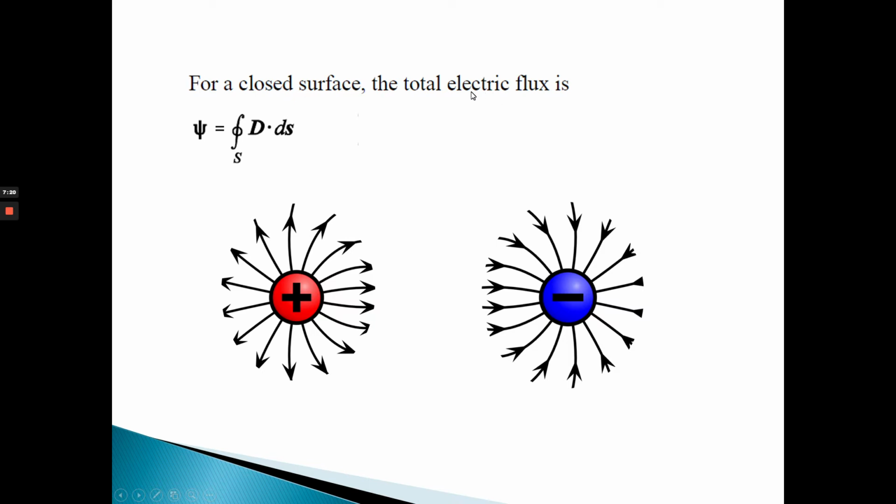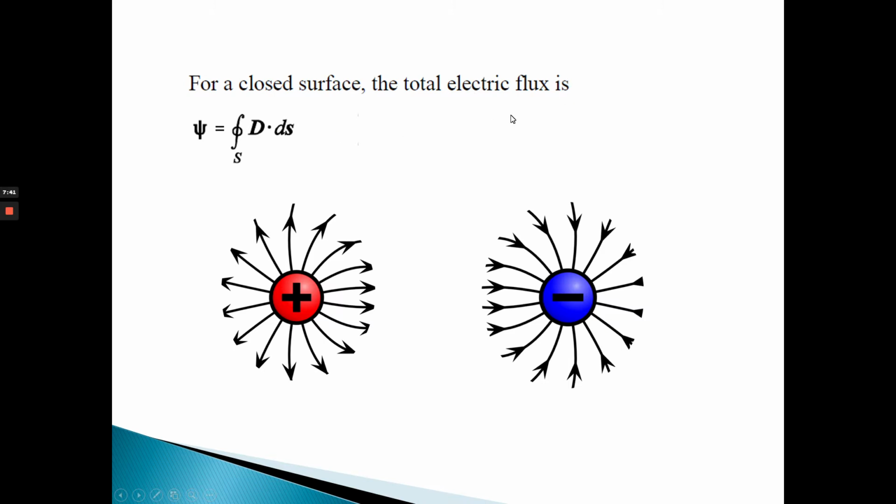Now, for the closed surface, later on we will know about these things. For a closed surface, the total electric flux psi, you can integrate with a closed surface integration, and we already know that if it's a surface integration, then we have a dS, the differential surface area. So we get the total